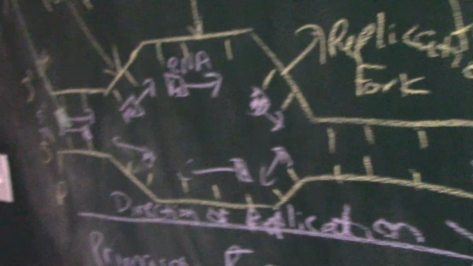Sorry, not DNA helicases, DNA polymerases. So there's a complex of DNA polymerase enzymes. There's poly A1, poly A2, poly A3. You don't need to worry about that though. Okay, so the DNA polymerases, what they will do is they will remove the RNA primers and they will build